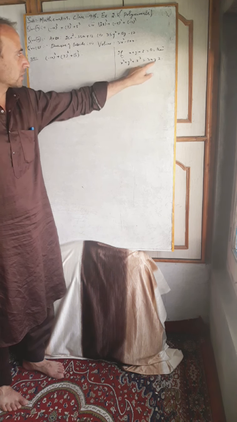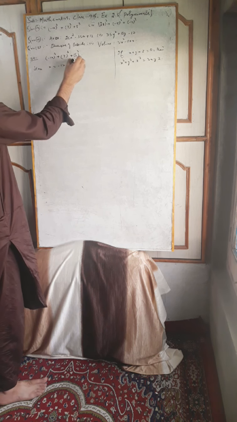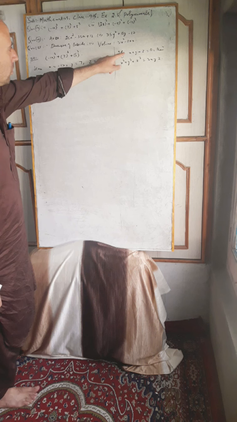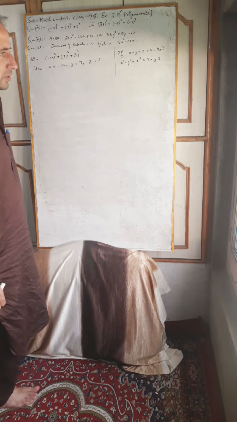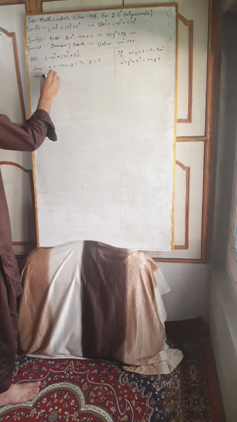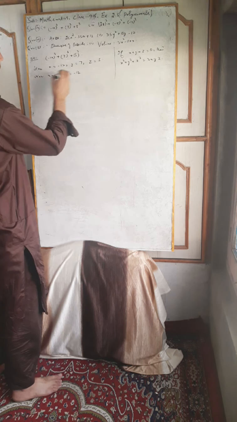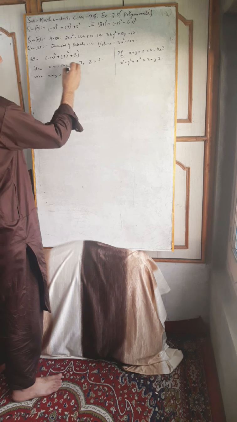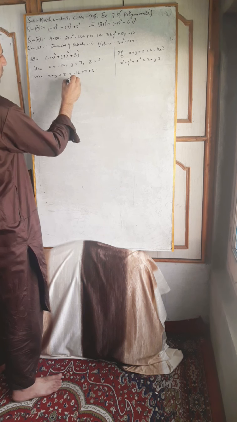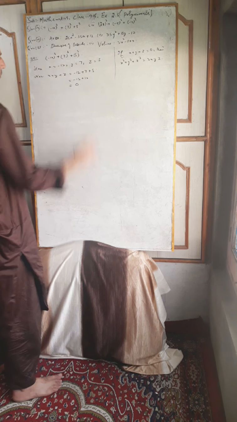Here in the question, x is equal to minus 12, y is equal to 7 and z is equal to 5. First of all, we have to show whether x plus y plus z is equal to 0 or not. Now, x plus y plus z is equal to minus 12 plus 7 plus 5. 7 plus 5 is 12, so obviously minus 12 plus 12 is 0. Hence,